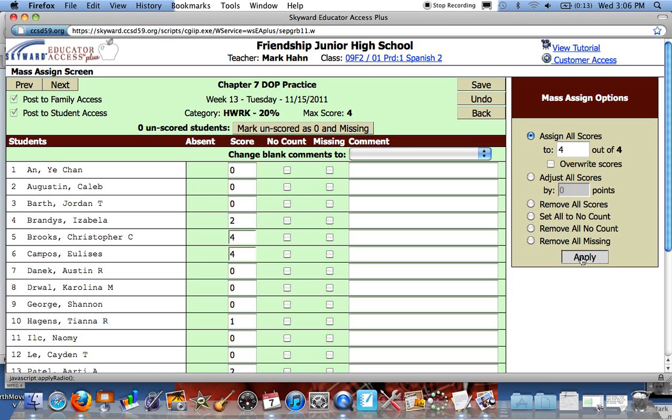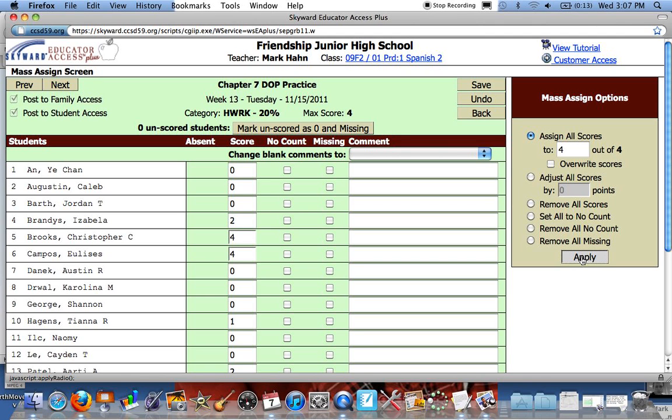I know it's not showing up that way, but that's because of the order in which I've done things. They'll get all the points out of it, if that makes sense. I'll work on that. Okay, I see the wheels turning. You can do that for any assignment, right? Right. Mass assignment. In fact, that's how I do almost all of my homework